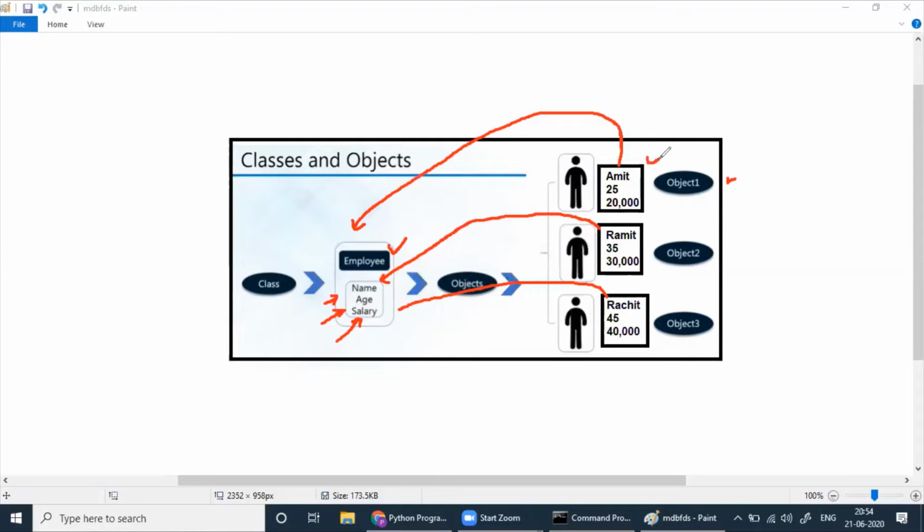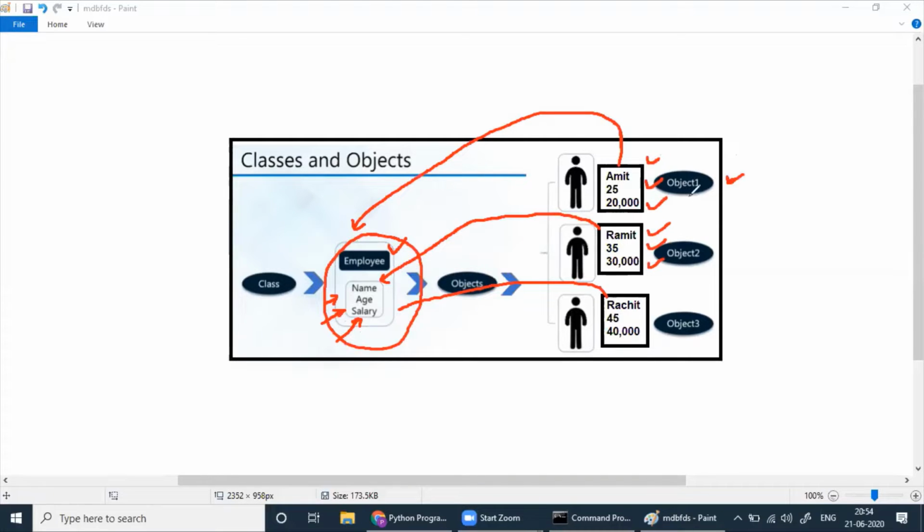And these are called instance attributes. They're separate. They're different for different objects. We have three objects here. Whatever is the blueprint, this is the class here, and we are talking about three instances.